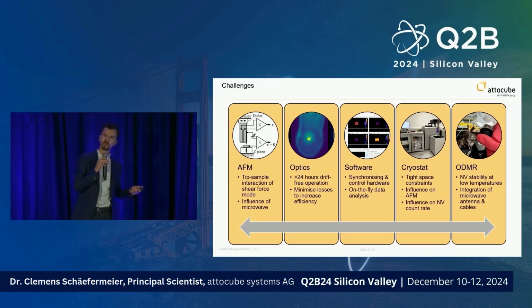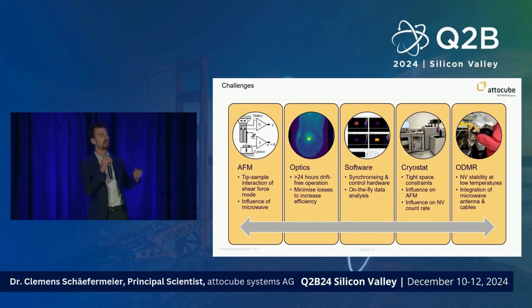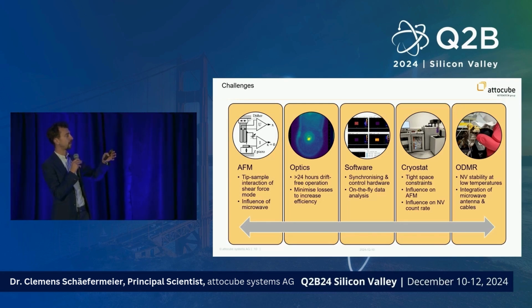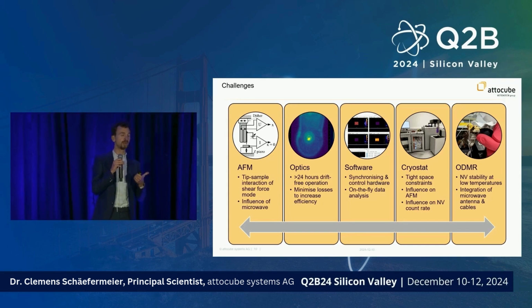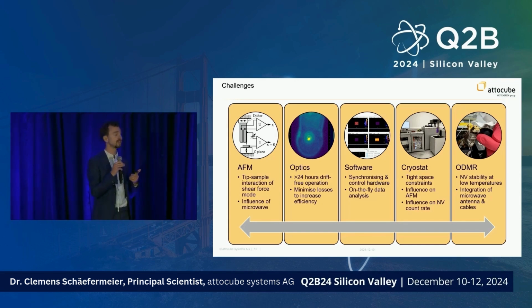which is also somewhat of an engineering challenge in a cryostat, because you need to cram in even more wires. You need to have coaxial cables capable of delivering microwave frequencies to your sample. It needs to be flexible at cryogenics. It needs to be vacuum compatible, and it needs to be non-magnetic.